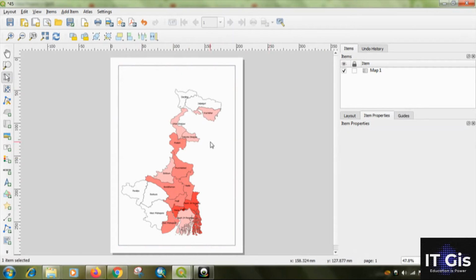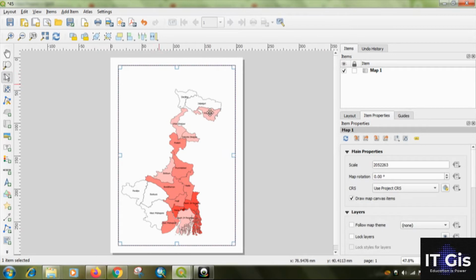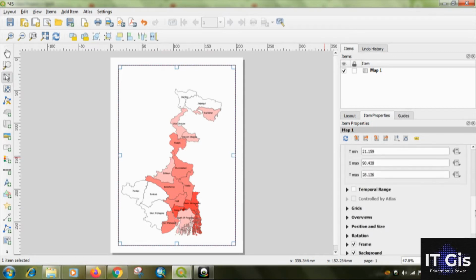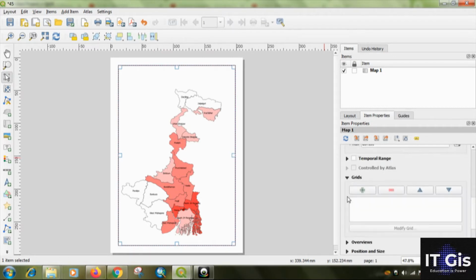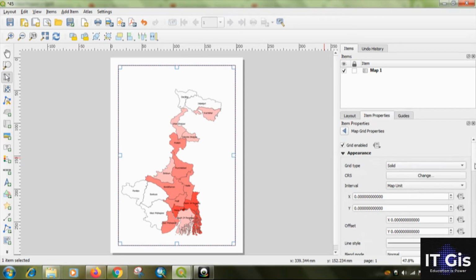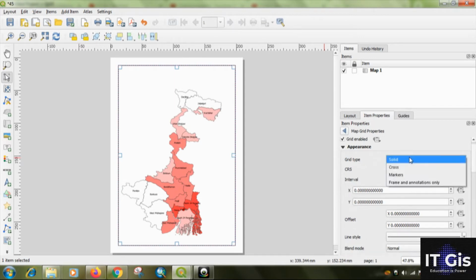Okay, I'm giving the grid of the map. Just click on this item properties. So go to the grid, then click on the plus button, select the grid one, then click modify grid. This is a solid, or you can mark it.